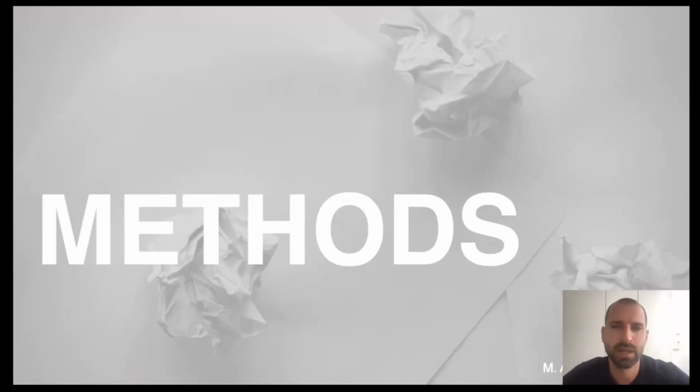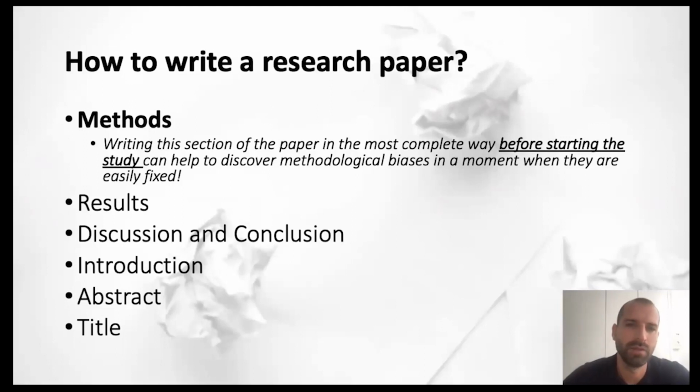I'm one of the associate editors for the journal, and I'll detail today how to write the method section for a research paper. So if you look at the order of sections of the paper that you would typically write, then the method section would be the first that you would write. Why? Well, because you basically wrote it before you started the study. So this section has already been written before you started the study. Basically, it's a rework of the protocol.